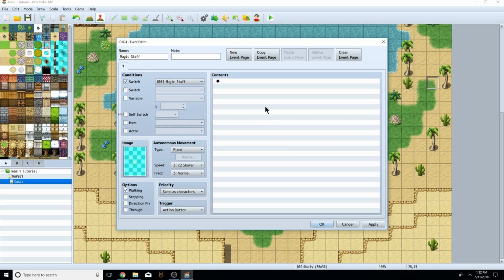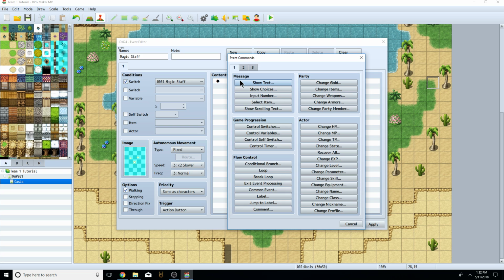All right. And now we want the content. Double click there. So when we come up and talk to this event,